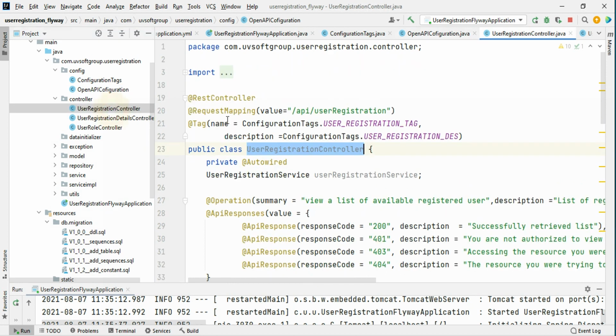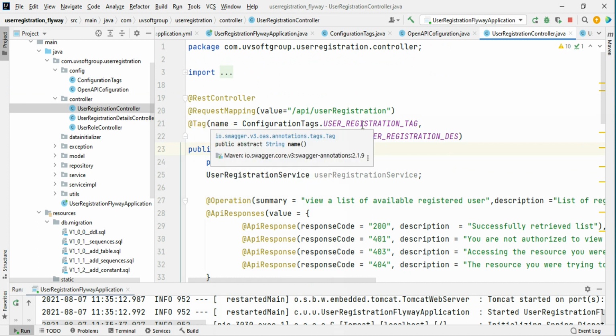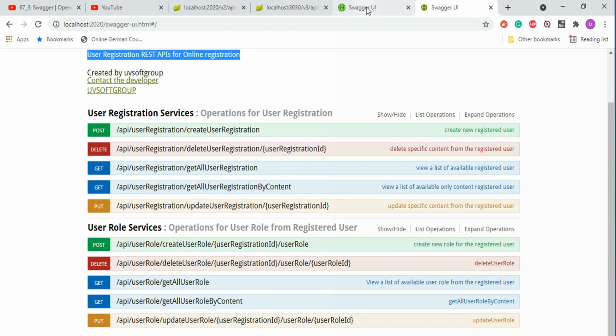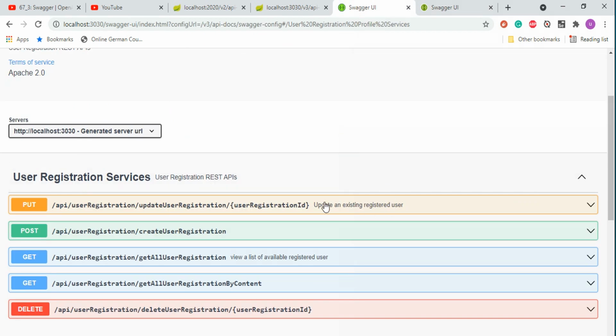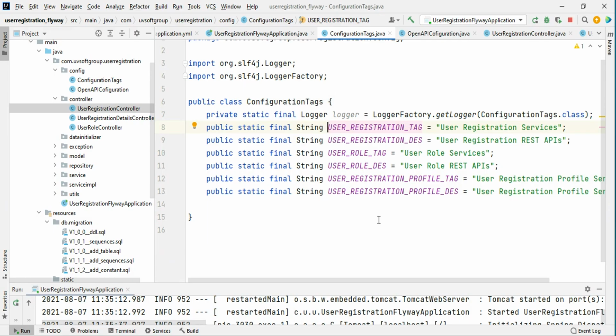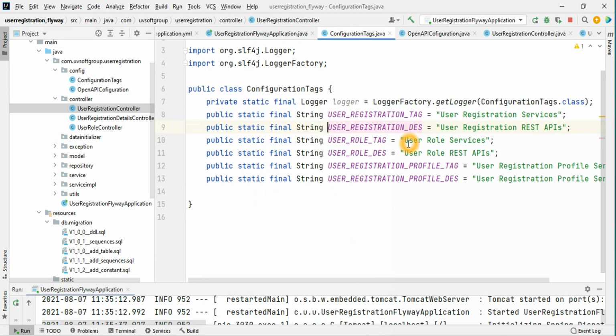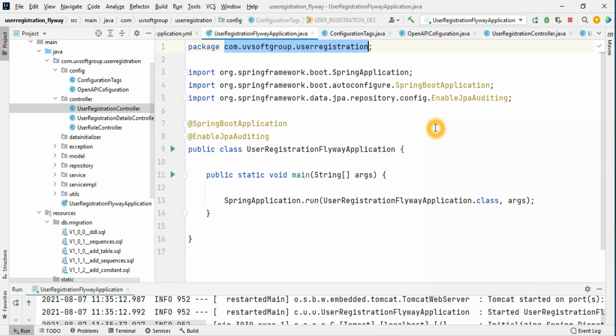And the controller is the user registration controller, exactly the same things. It has a tag annotation. It has a name, and we put in the name of what we have defined here. So the name user registration service that you already saw here in the user registration service. So user registration service, and it has descriptions. If I go to the description here, it has a description. The registration controller has a description. So you see the description there, the registration API service descriptions,